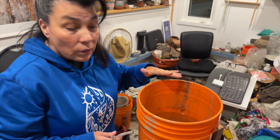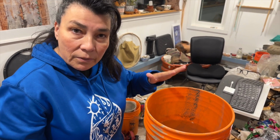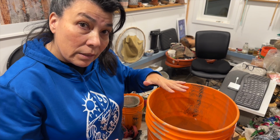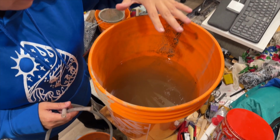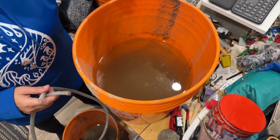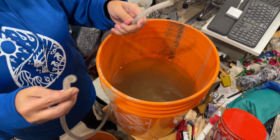Okay, so right now this should just be clay and water with maybe a bit of silt in there. The clay and the silt have settled down to the bottom, and now we just have the water. The water is almost clear, but it's good enough, and now I want to get rid of the water. So I'm going to do that with this